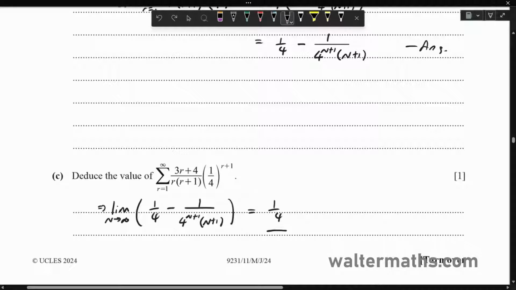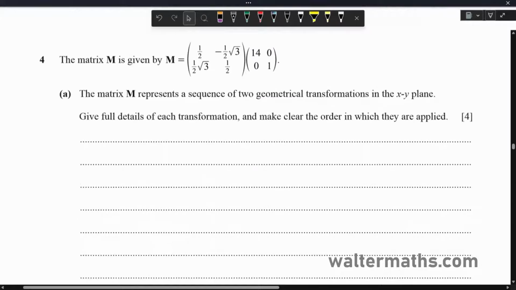So we'll just be left with a quarter for the answer. So that's how we do it right here for part C. Let's move on. On question number 4, it says the matrix M is given by M is equal to half minus half root 3, half root 3 and a half,